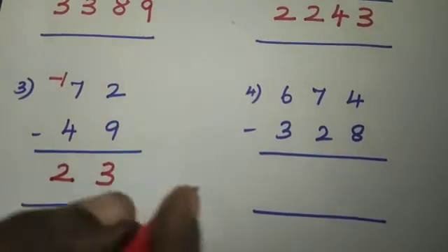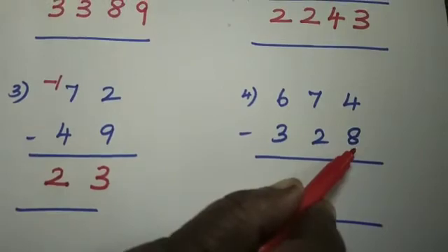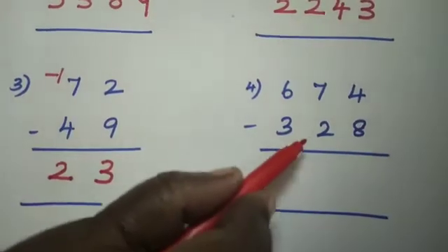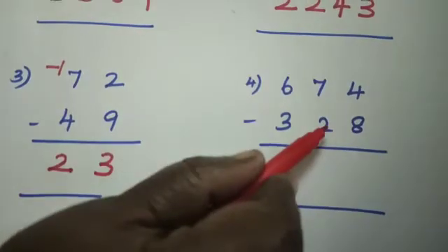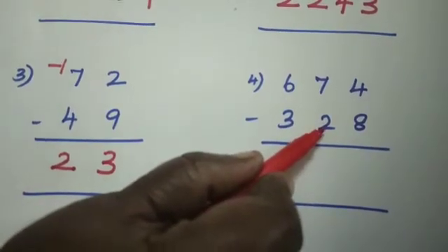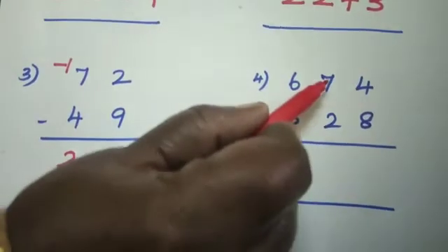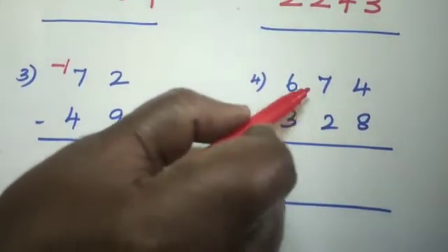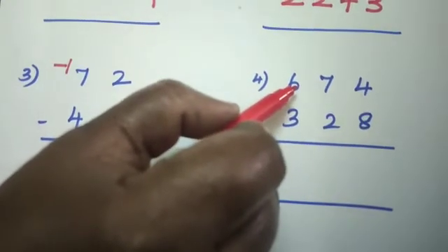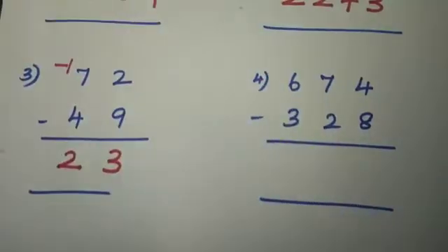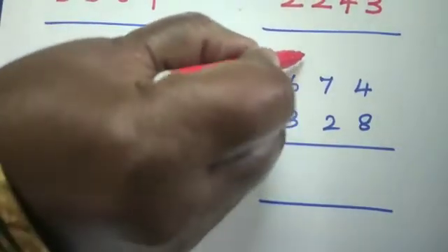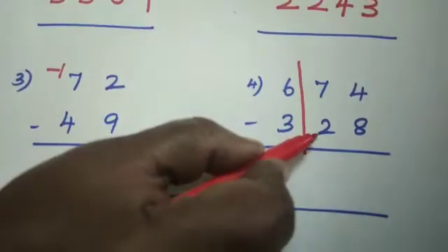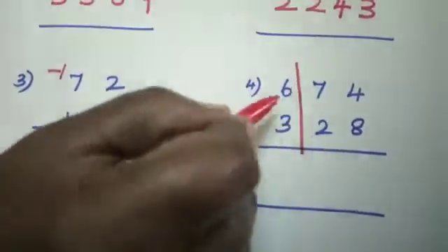Okay. Now, here you see, 10 complement of 8 is 2, 2 plus 4 is 6. But when you come here, 9 complement of 2 is 7. 7 plus 7, it is 14. So here a carryover comes. So what we have to do here? What I am going to do is split it like this. That is, where the carryover comes, I am splitting it into 2 parts.